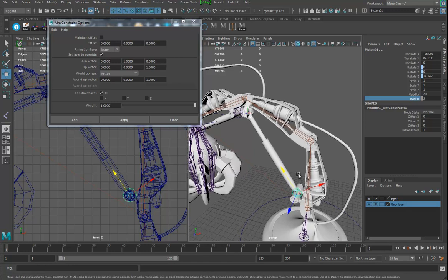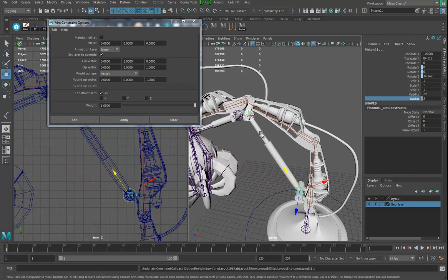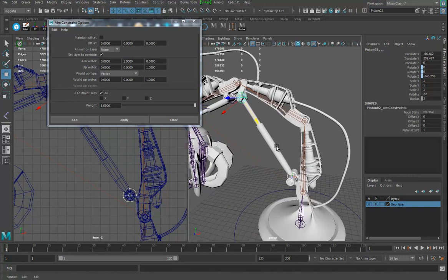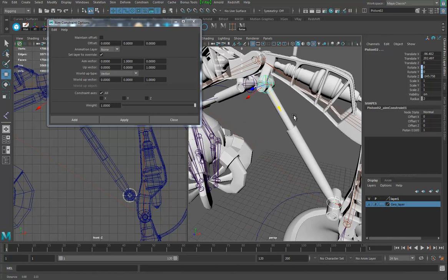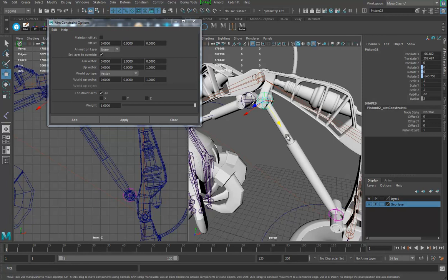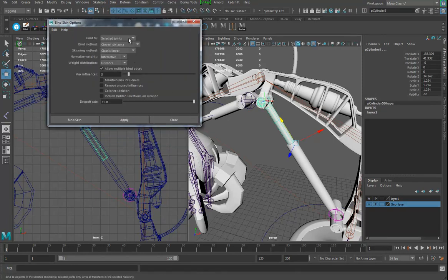Okay, great. And then I'll take this one. So I select them in the opposite order. Apply. Actually, I think I just paired and did it in the same order again, didn't I? This one here is one with the constraint on it. Then this one. There we go. Okay, so they're pointing at each other. And they've got their up vectors here. Great. And if I take this joint and I take this piece of geometry and I skin it with the selected joints on,